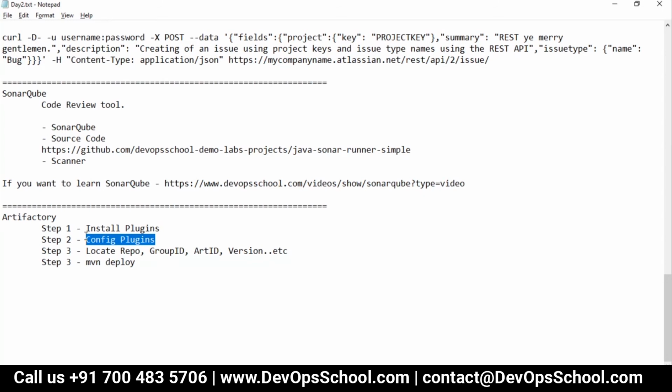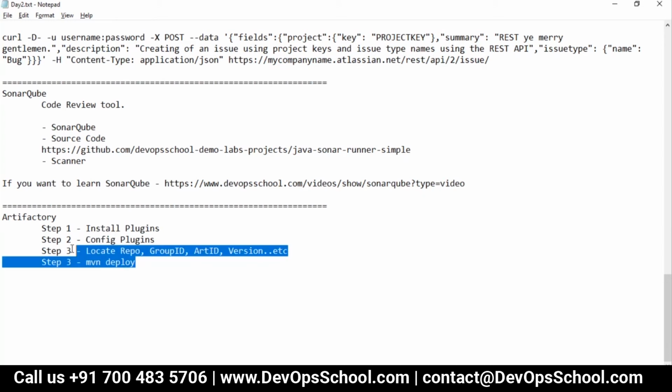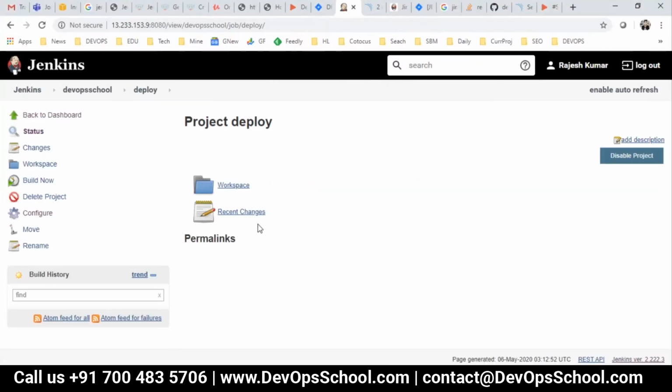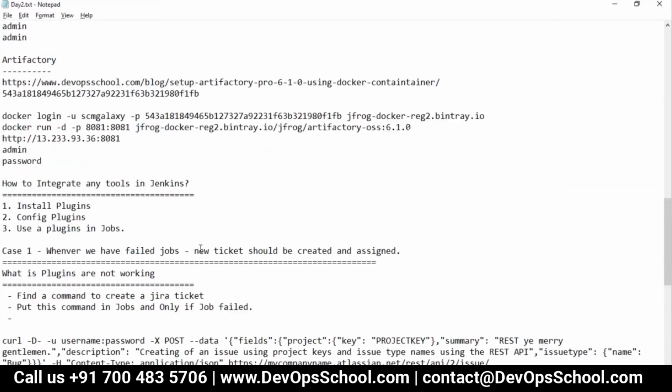Configure plugin in Jenkins, install plugin in Jenkins. These two you will go and set up in the Jenkins. Now, why are we talking about the Maven implementation? Because your project is based on Maven. Artifactory understands Maven very well. So now first let's go to the Artifactory and create a prerequisite.